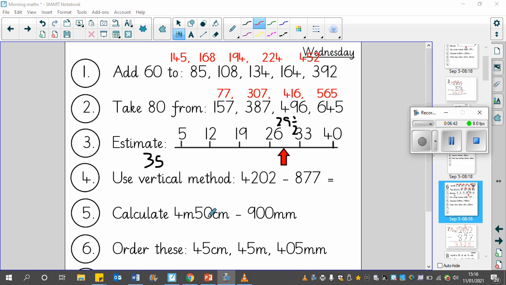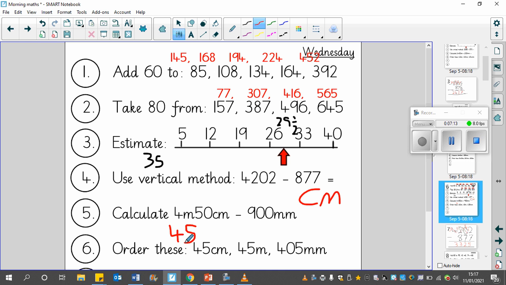Okay, now we're on to question number 5. 4 meters and 50 centimeters take away 900 millimeters. Now let's change everything into centimeters. So let's put a great big CM there just to remind us. So 4 meters and 50 centimeters, 4 meters, 1 meter is 100 centimeters, so 4 meters is, correct, 400 centimeters. 400 plus 50 is, correct,